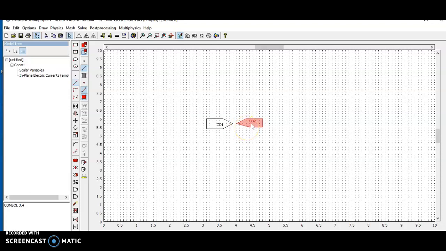The dimension of the two electrodes should be the same. So now I have designed two point electrodes of the same dimension.